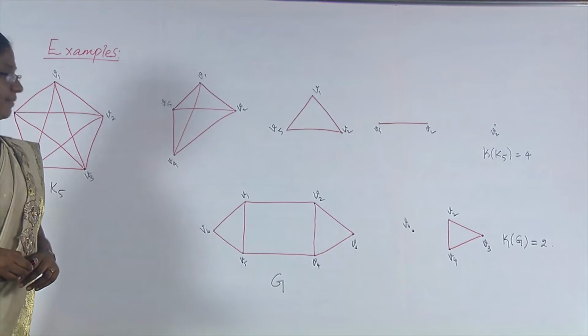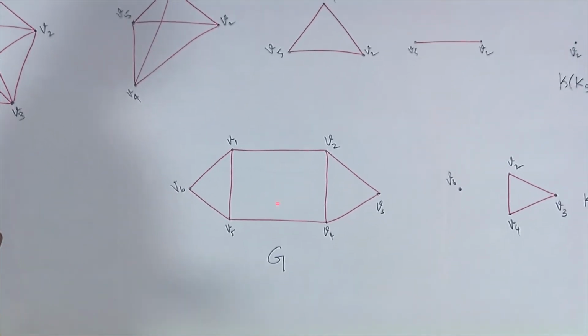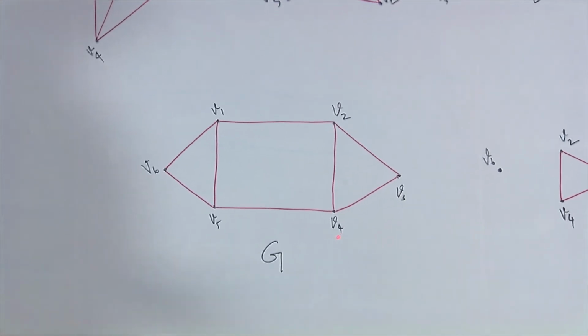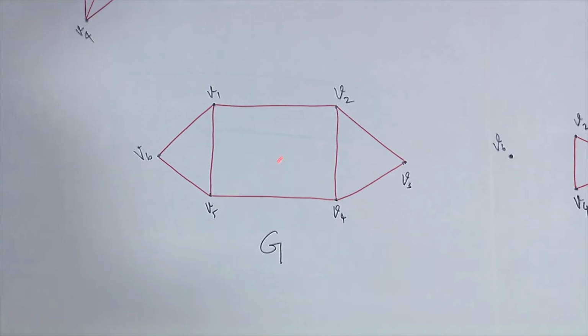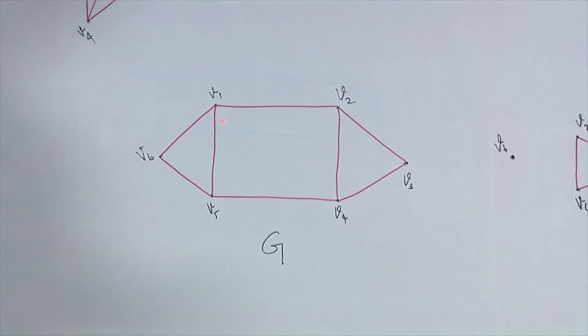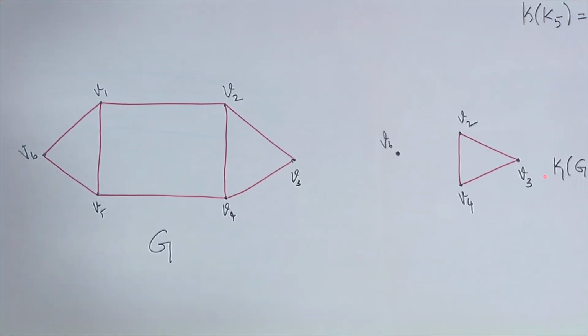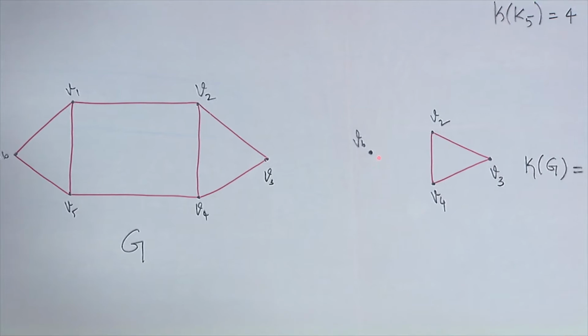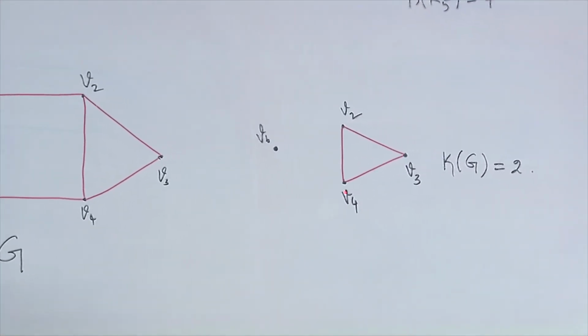Let's see another example. This is the graph G I have. I am going to find the connectivity of this graph G, and this is not a complete graph. We have already seen the definition. Here I have to remove vertices that result in a disconnected graph. I can remove this vertex v1 as well as this vertex v5. That gives me this graph, which is disconnected. As you can see, we have two components, and there is no path from V6 to V2, V6 to V4, or V6 to V3, which means this is a disconnected graph.